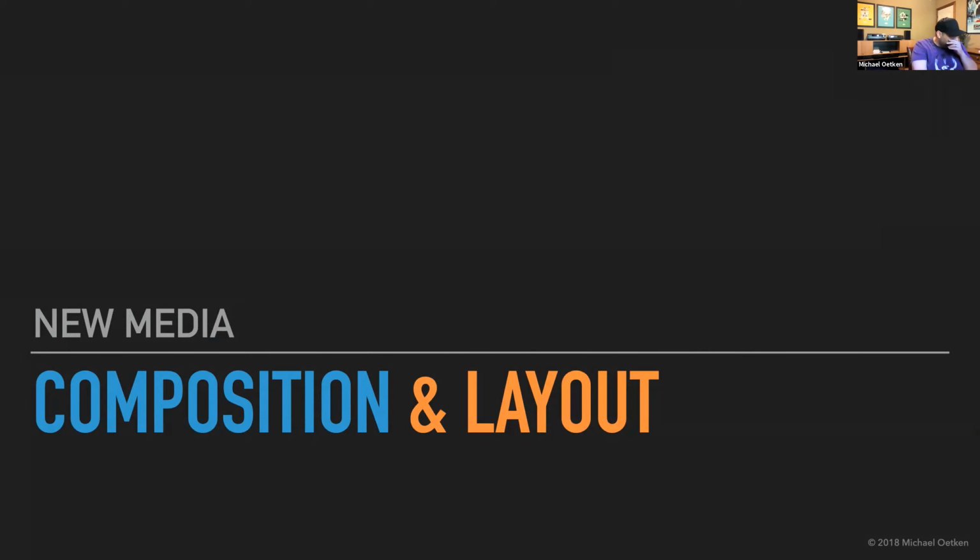So composition and layout, super important in any kind of design, whether it's digital media design. If you're designing something for a web page, app, whatever that might be, or print. Pretty much all the fundamentals that we are going to talk about in regard to